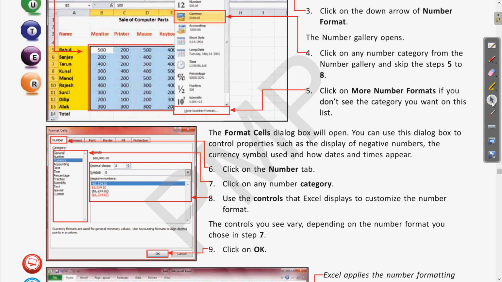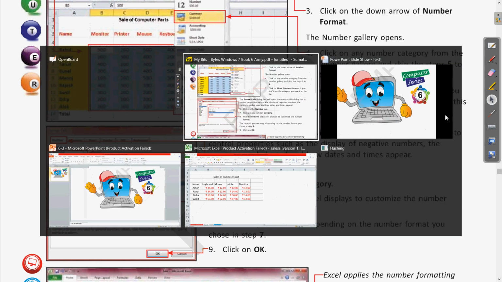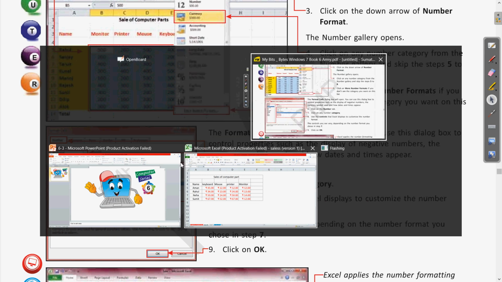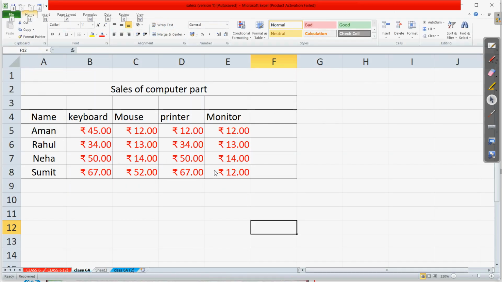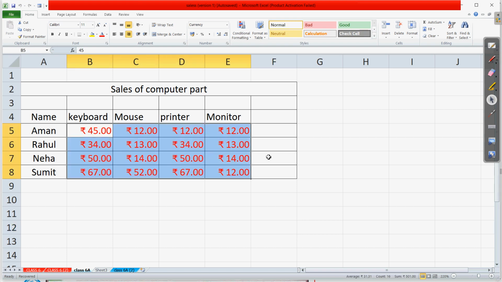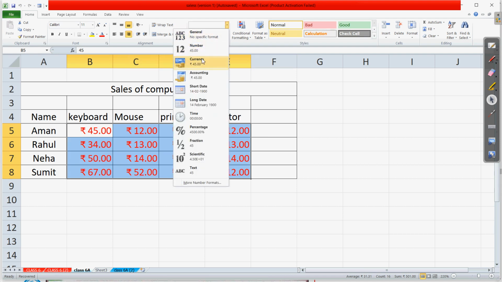If we see the previous example which we did in the Excel window, let us come to this. Here you can see the previous example where we applied the currency symbol for whatever data values are there. For applying this, what we did was select the cells for which we want to change the formatting style, then go to whatever option we want.